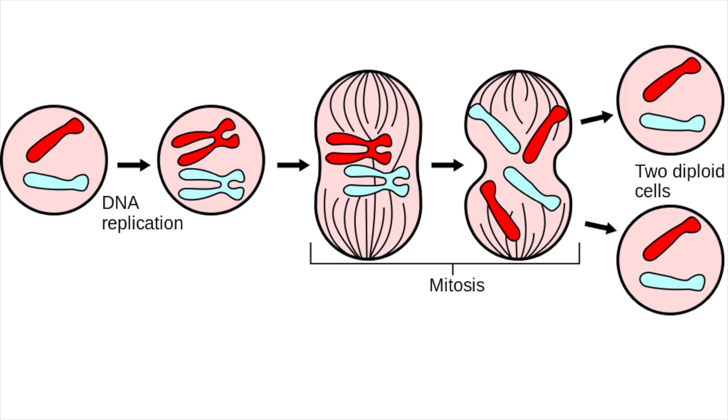And now the cell has to figure out, through a complicated procedure during mitosis, how to separate those copies. And that's what happens. The copies that are made are actually separated very reliably into different physical compartments in the cell as it's dividing, and as a result you get two daughter cells, as we call them, that are identical to the original cell. And both the daughter cells are also diploid.